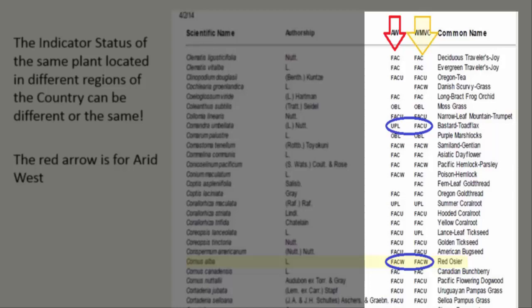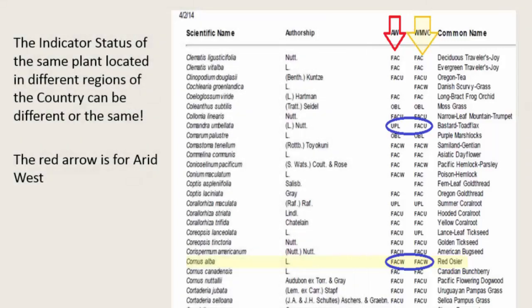If you are working in higher precipitation areas in eastern Washington, you may need to use the Western Mountains, Valleys, and Coastal List for your site. For western Washington, the indicator status in the western mountain valley and coastal column applies. You can see that the wetland status is different between lists for toad flax and that the wetland status for red osier dogwood is the same.